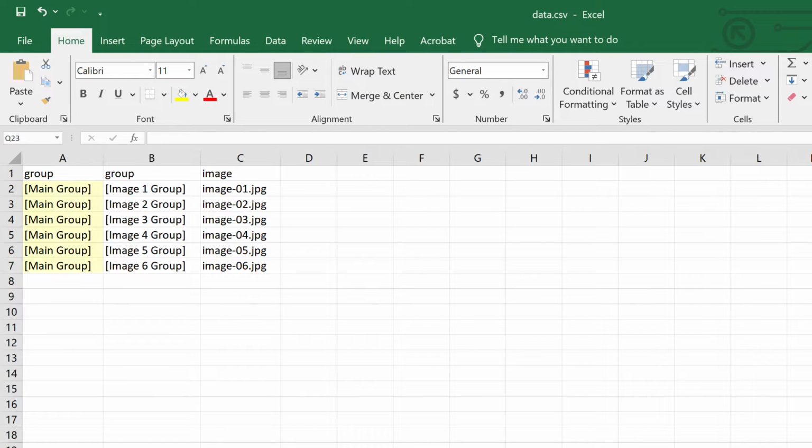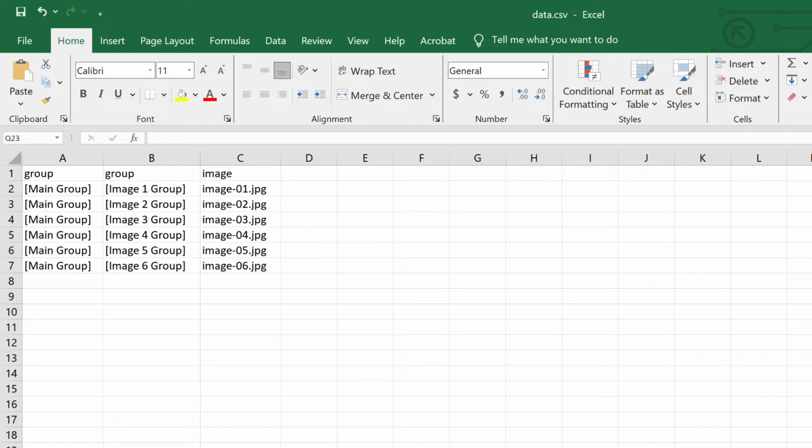Any group name repeated does not make a new group. Rather, the existing group is used. Moving left to right across the spreadsheet, each column is another group that nests inside the last group. However, when the column head is Image instead of another group, the image is opened and placed inside the current group. When the last column of the row is complete, the next row starts at the top of the document and the process repeats.